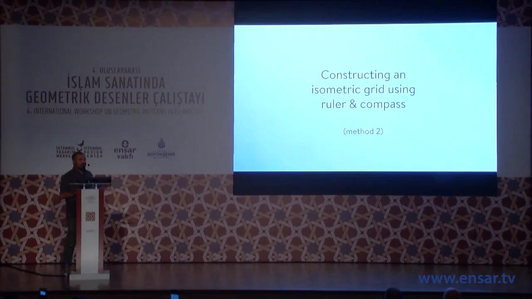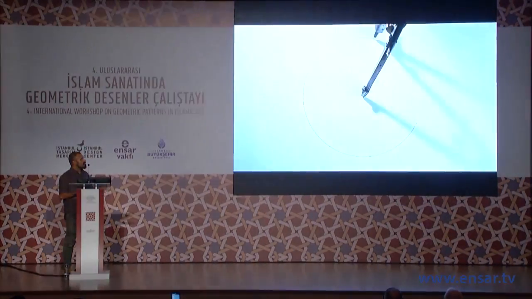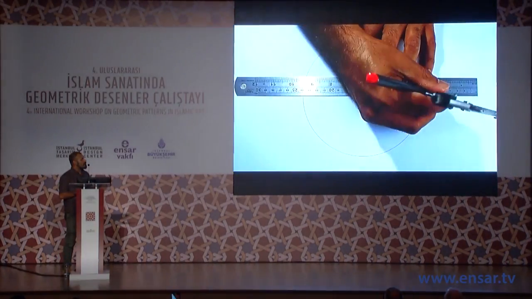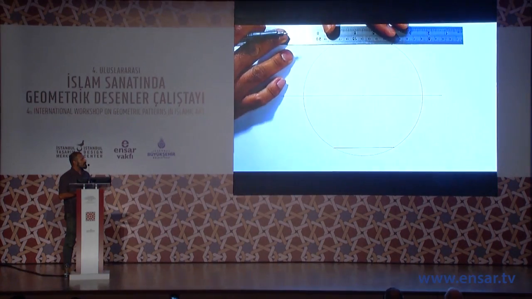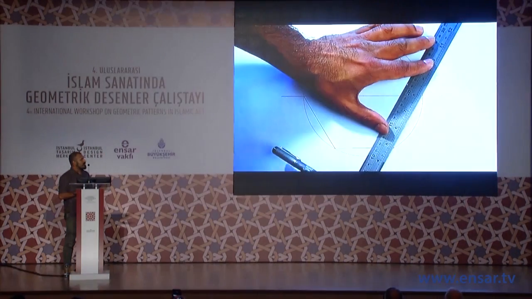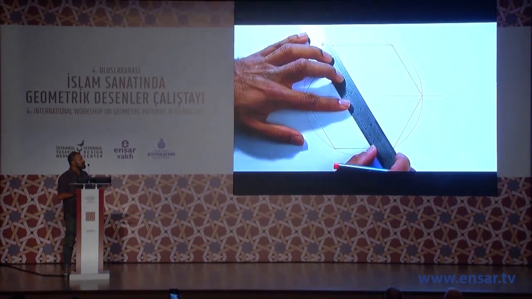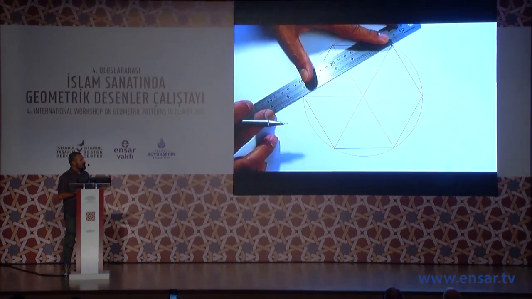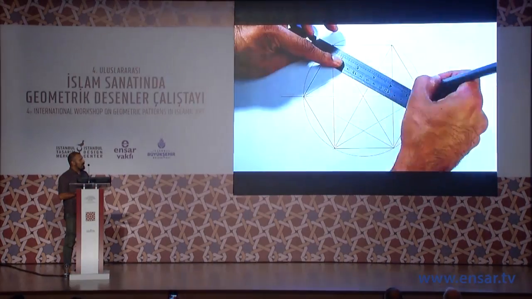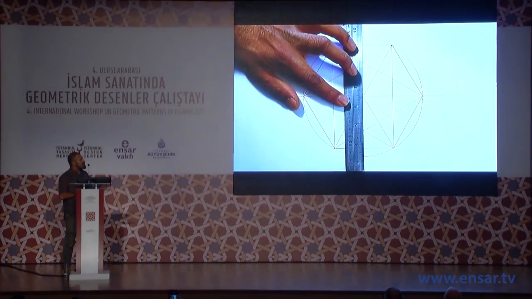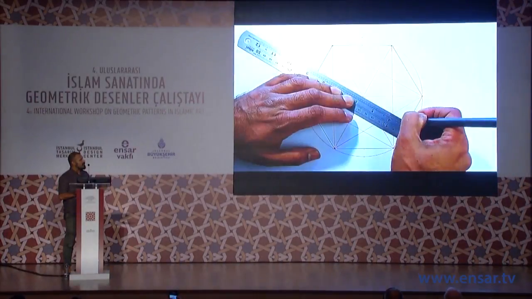The second method starts with the outside circle, which we divide into 6. Connecting those points gives us our hexagon. And then we subdivide from there. We already have one set of triangles. And we carry out a process of connecting different points in order to